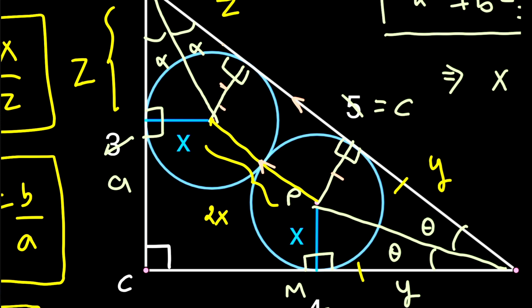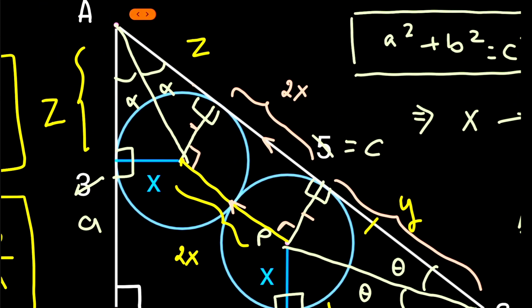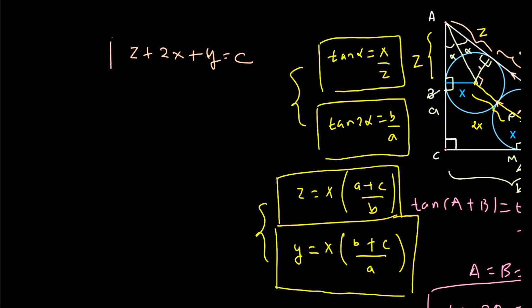Therefore by collinear angle, this and this angle become 90 degrees. Hence this is a rectangle because all the four angles are 90 degrees. In a rectangle opposite sides are equal. So if this distance is 2 times x, the distance from here to here would also be 2 times x. The distance from here to the point B is y, and the distance from this perpendicular to the point A is equal to z. So now this thing can be utilized very beautifully. The distance z plus 2 times x plus y would be equal to the hypotenuse that has been taken as a variable c. Okay, so now we got this particular equation.